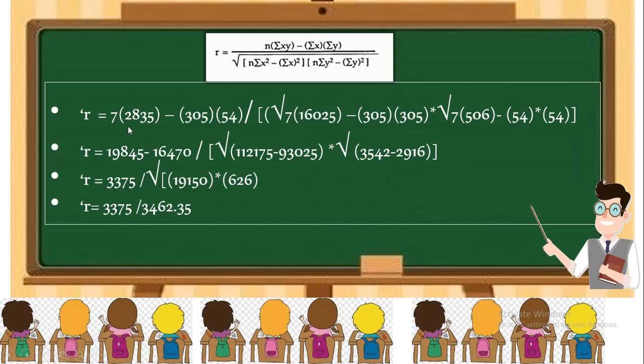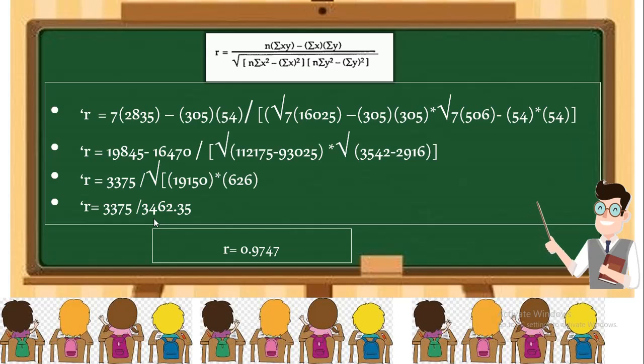So by multiplying 2835 into 7, we got 19,845, and 305 into 54, we got 16,470. Division, which is 1,12,175, minus 305 square is 93,025, multiplied by 3542, which is 506 into 7, and 54 square is 2916. By solving this, we come at r equals 3375 divided by 3462.35, and when we use this with the help of a calculator, our r is